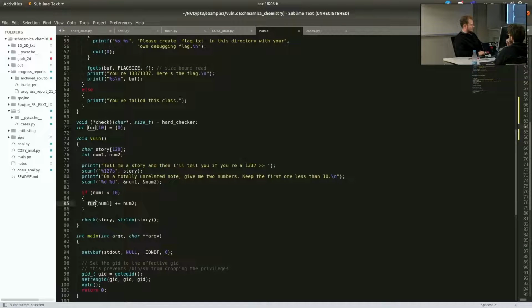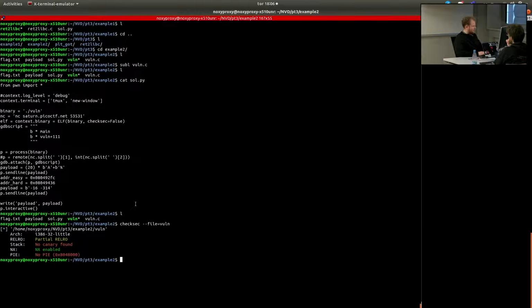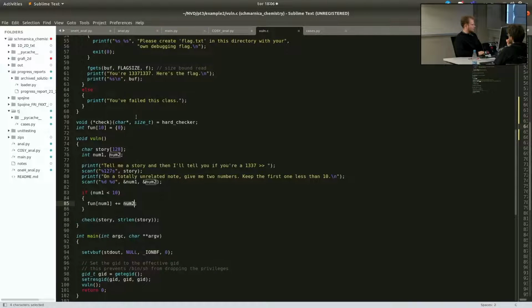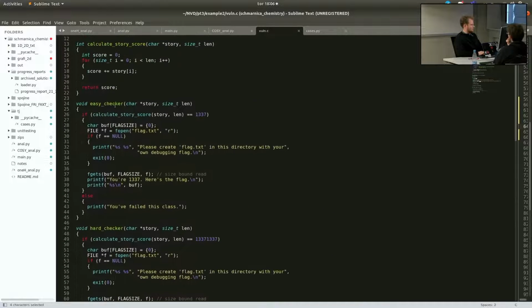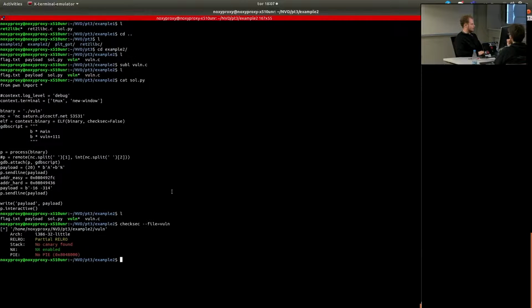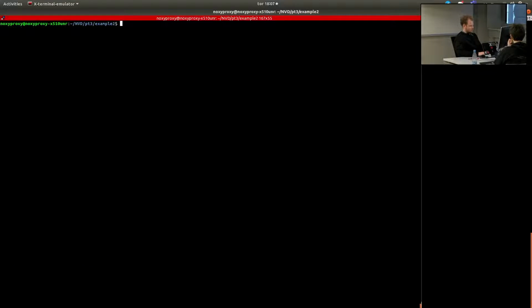Because at an offset -16 is the address of hard checker, and if you add -314 to it, it will point to easy checker. This is the logic behind it. Basically the difference between two addresses. The difference between these two addresses is exactly 314. So we say in the payload, add an offset -16, write -314. And if we run this,